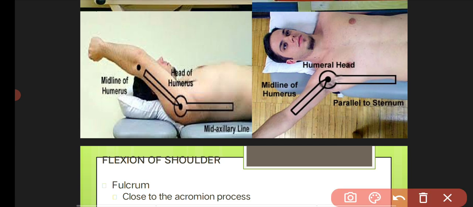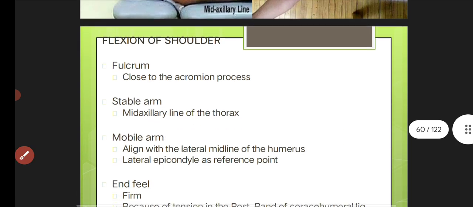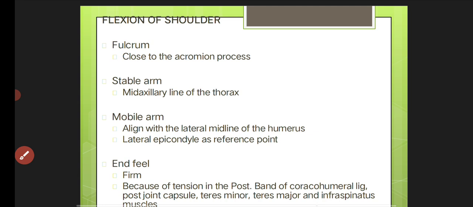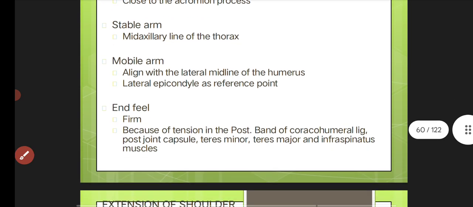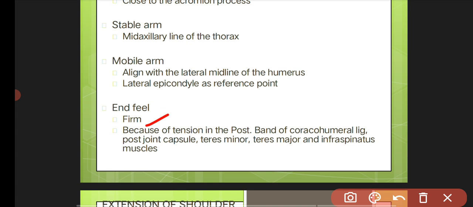Here is the movable arm, along the lateral midline of the humerus, with the lateral epicondyle as the reference point. The end feel in the case of the shoulder will be formed because of the tension of the posterior band of the coracohumeral ligament, the posterior joint capsule, teres minor, teres major, and infraspinatus muscle. So this is the procedure of measurement of the